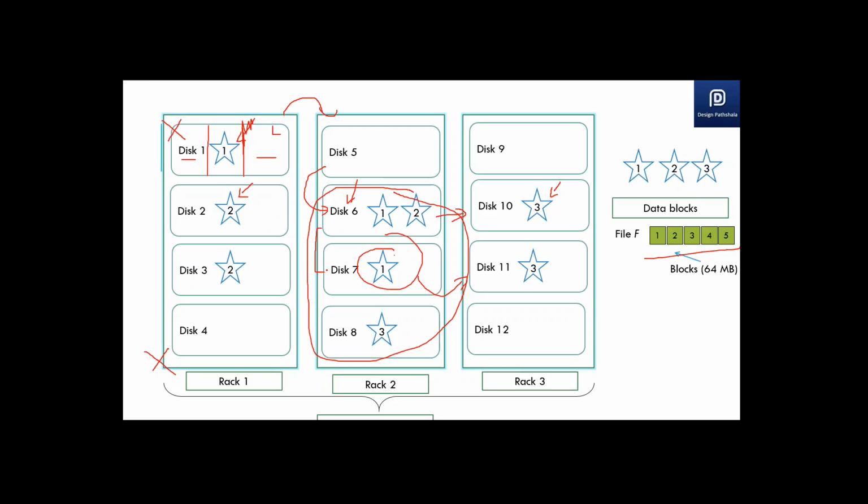Sorry, let me rephrase what I'm saying. You can send your logic which needs to process these 5 blocks of this file. That logic will go to 5 different nodes, or it can go to fewer than 5 nodes also. In such a scenario, that logic can go to this disk, where it can process block 1 and block 2. So the logic can go to any of the nodes where your blocks are lying, but that logic will be sent to process your block only once. It will not be processing one block at two different data nodes.